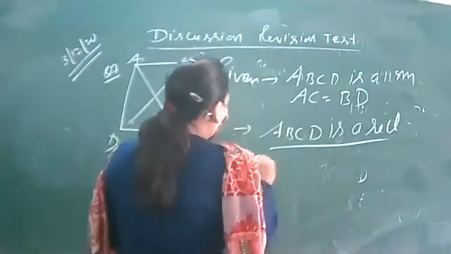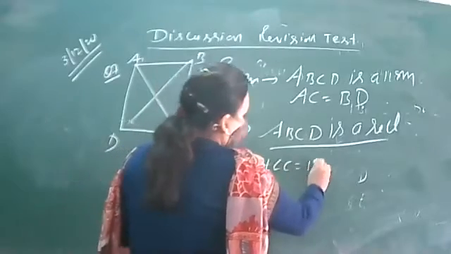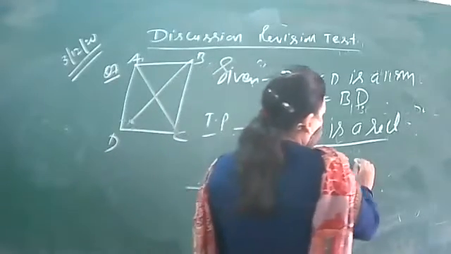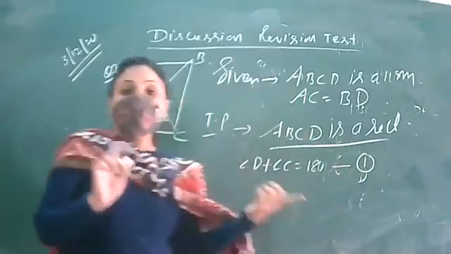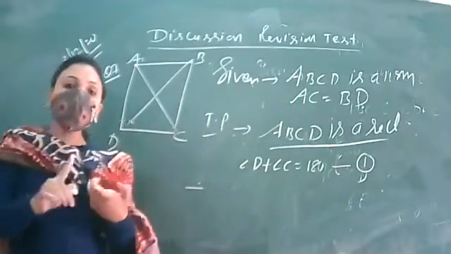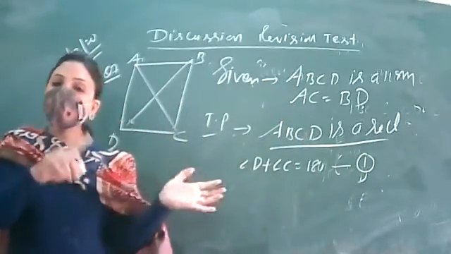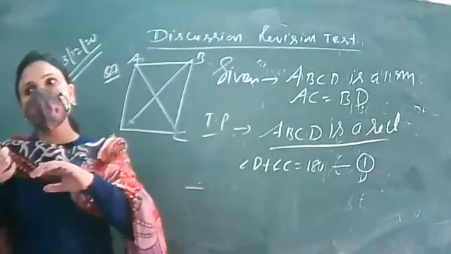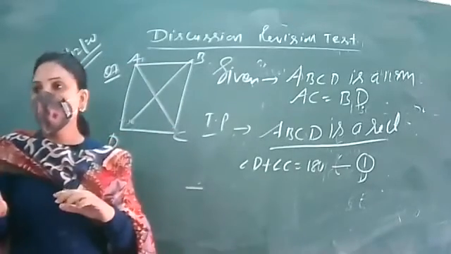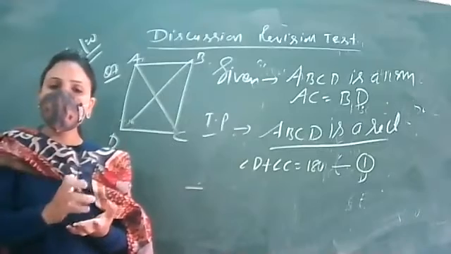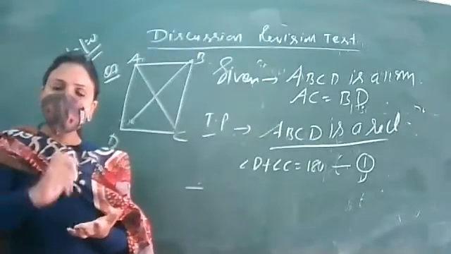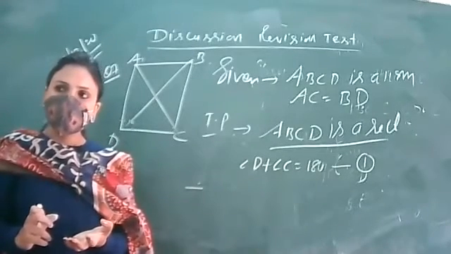We are having angle D plus C equal to 180 degree, where D and C are the adjacent angles. इसको हमने equation number 1. I always told you that whenever you need one angle to be 90 degree, take the relation of that angle with sum of the angle to be 180. So here we are getting the sum of D and C to be 180. If we want to prove that D is 90, then Hardik, what we have to prove?